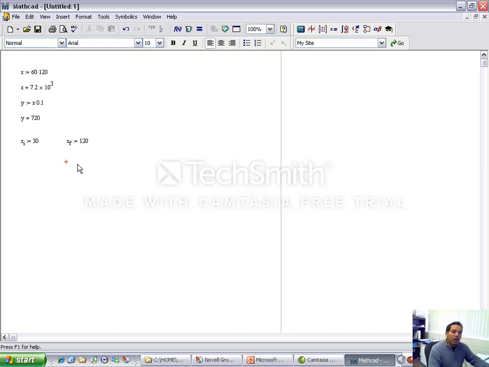Okay, now this xi and this xf, notice that the only difference between them is a subscript. That subscript is just a text subscript. There's no relation between this variable and this variable. They're completely independent from each other. They're just named similarly, but they have a different text subscript. So this variable and this variable are completely independent from each other, and they're completely independent from the variable x